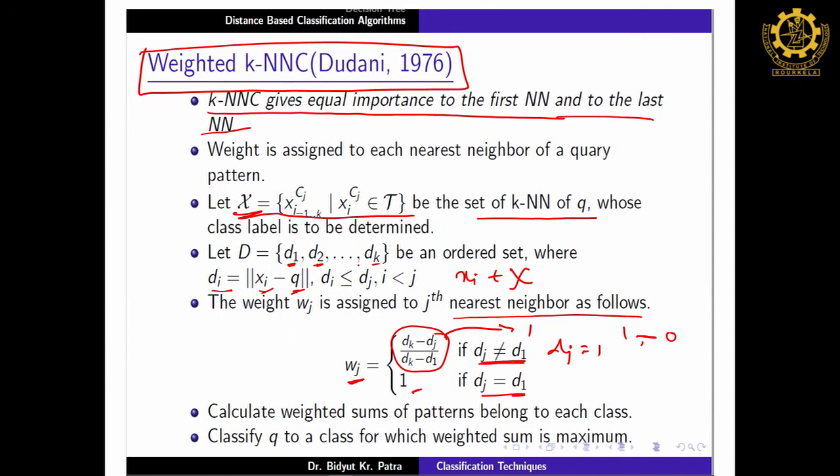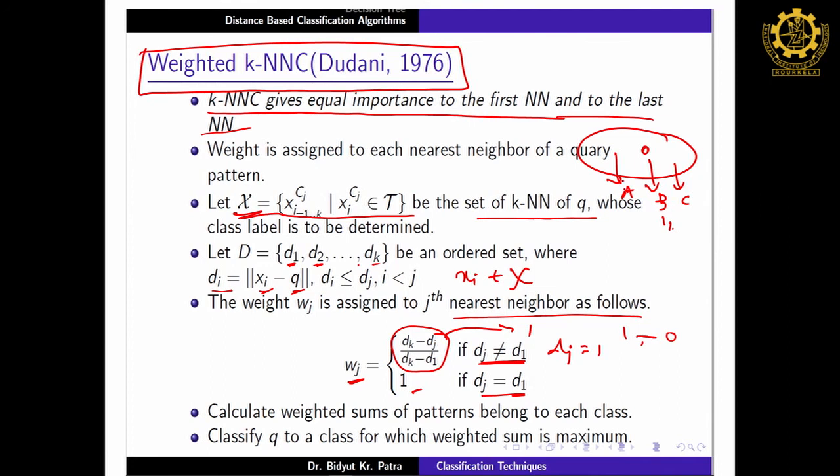Now, what next? In the case of the k nearest neighbor, what did we do? We took the majority voting, that means within the k nearest neighbors, how many points belong to class A, how many to class B, how many to class C, and the class which has the majority of points, we gave that class label, say B. That was the idea of the k nearest neighbor, but here each point has a weight. Now, we will take the weighted sum per class.